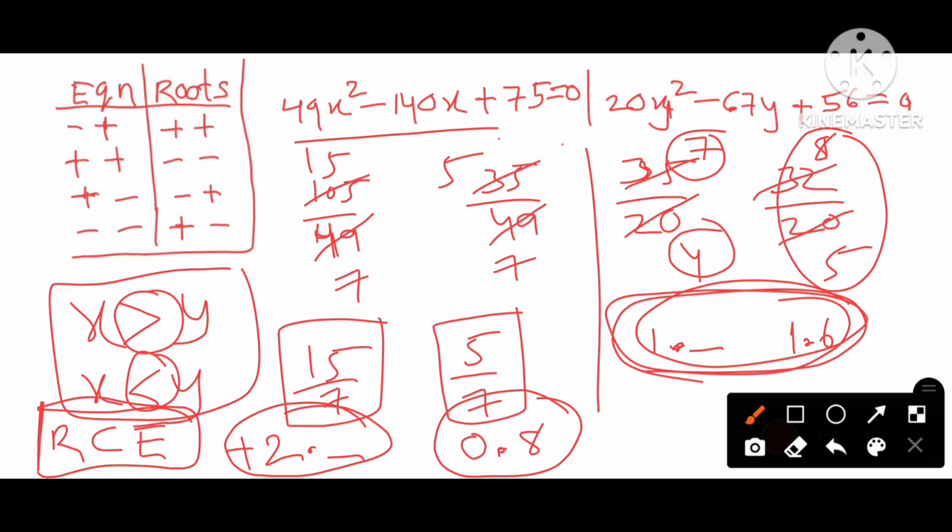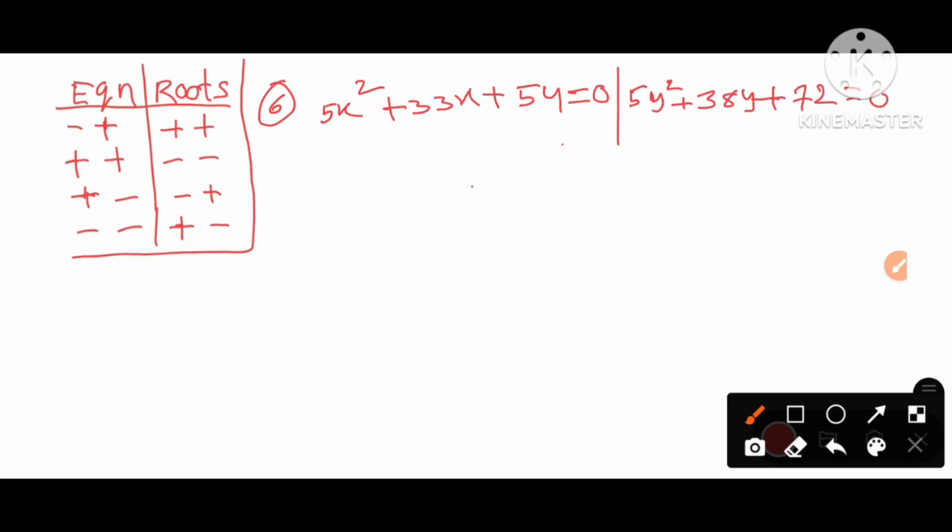Let's see one more question. Now we are going to see question number 6. Here the coefficient is 5. It is 5 into 1 are the factors for this one. Here we get multiple types of factors. So let's take this as